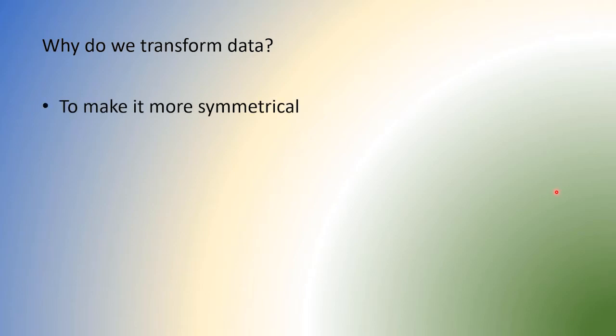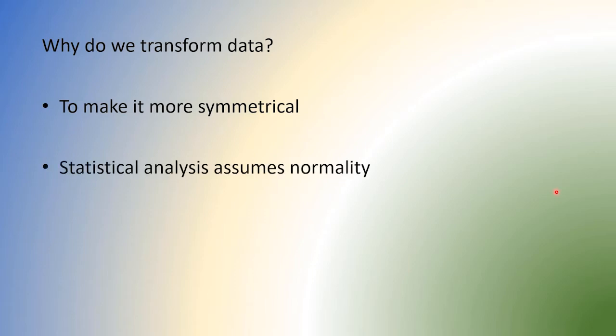One thing, it makes data symmetrical. If the data is skewed, our programs may not run very well. Statistics programs may not run very well on skewed data, but if it's symmetrical, they're a lot friendlier. Also, many tools that we use in statistics, t-test, z-test, ANOVAs, regression, etc., most of them require the data to be normally distributed. If they're not, we have to go through some other means like non-parametric methods. But typically, we expect them to be normally distributed.